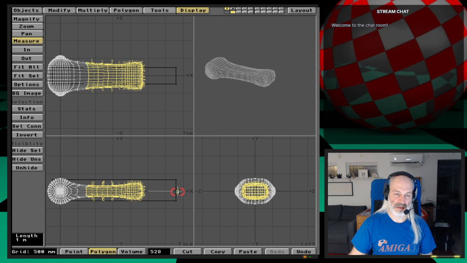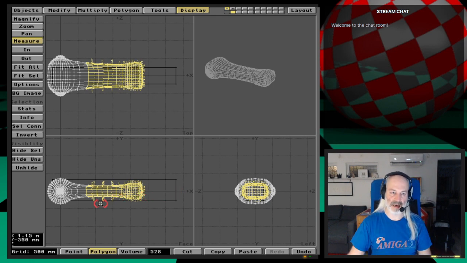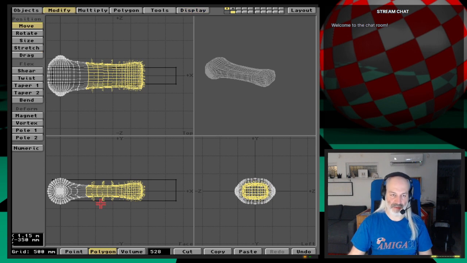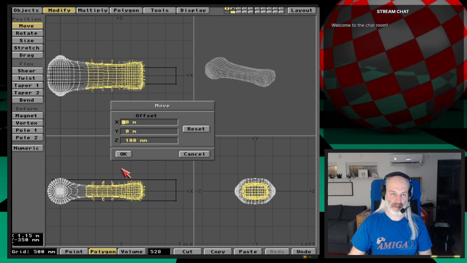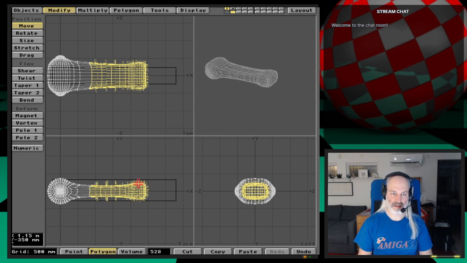So let's say it's 1 meter. So let's move everything by 100 millimeters. Okay. So moving 100 millimeters along the x-axis. There. Now I'm deselecting this